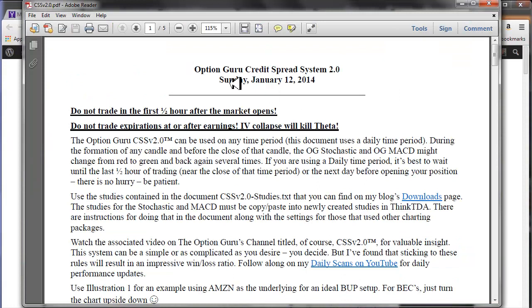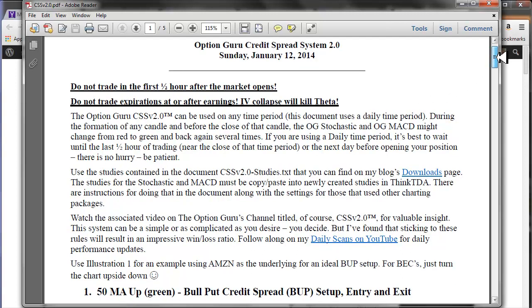Okay, so I'm calling this CSS v2.0. And for those of you who have seen this in operation, you know that it really does work. But basically what this is telling you is that it can be used in any time period, but everything that I do in these videos and in this document are related to daily time period. So each candle or each hash mark or whatever you might be using for a chart, each one represents one trading day. And this is saying that during the formation of any candle and before the close of that candle,